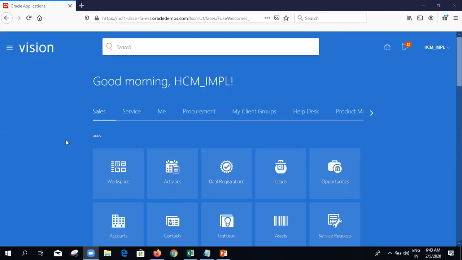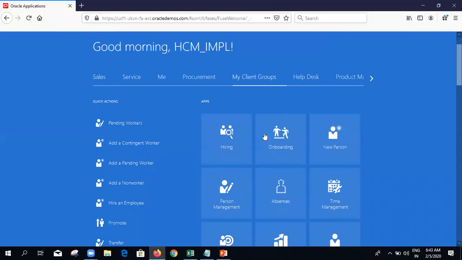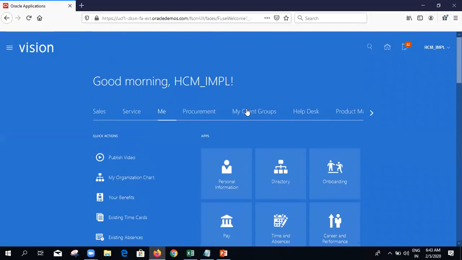Here, this particular area we call the Springboard, where all the functional items will be. Now, if you click on My Client Groups, you will be able to see certain tasks which you can perform under this functional area. Like that, for every functional area, there will be certain tasks under it.